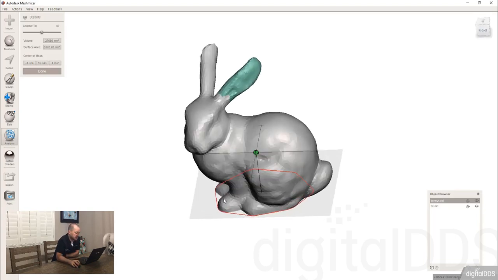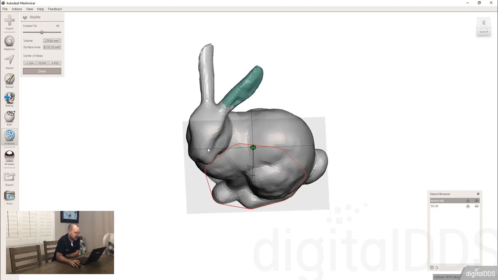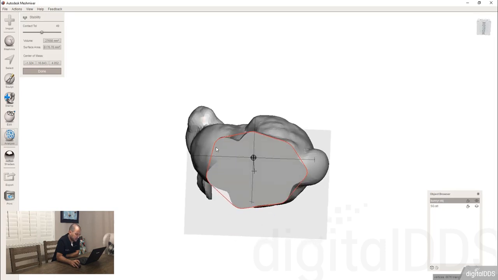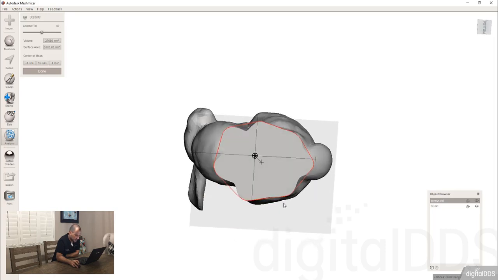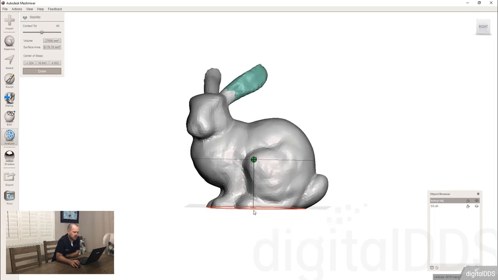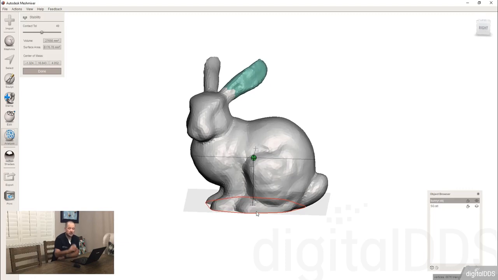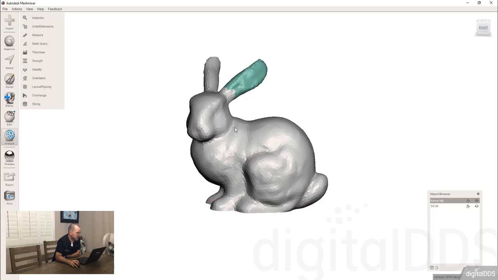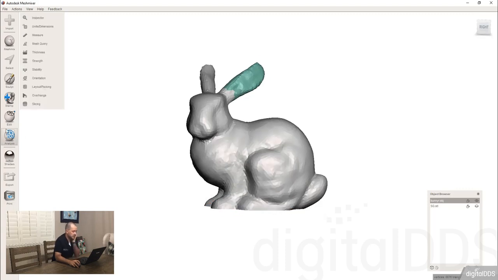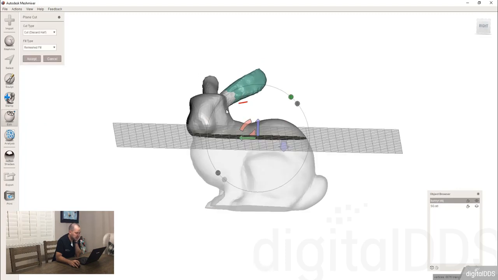And then you look down here at the bottom, the little footprint that the rabbit has. You can see it takes the outer edge of everything, and it's calling that the base. So if you have the center of mass in the center of the base, it's going to stand nice and stable on your countertop. But let's say you come through and you change that, and so take our plane cut, and let's say we go through like this,